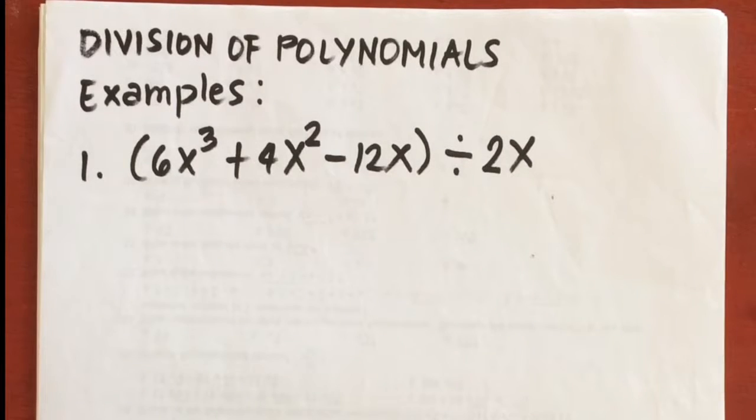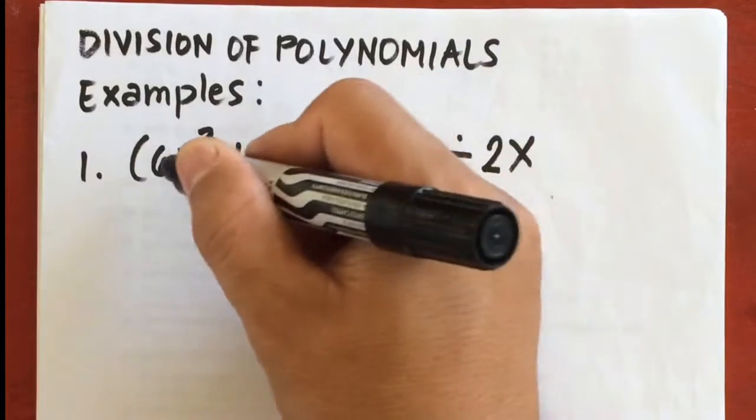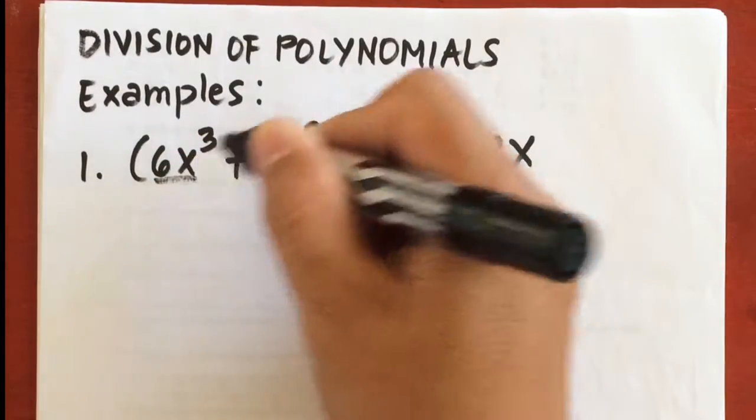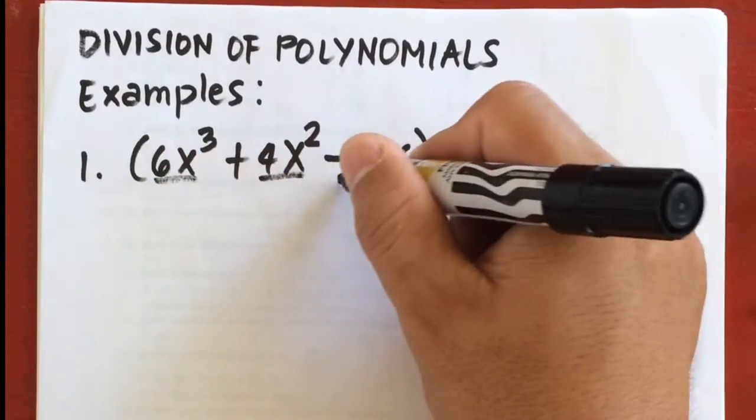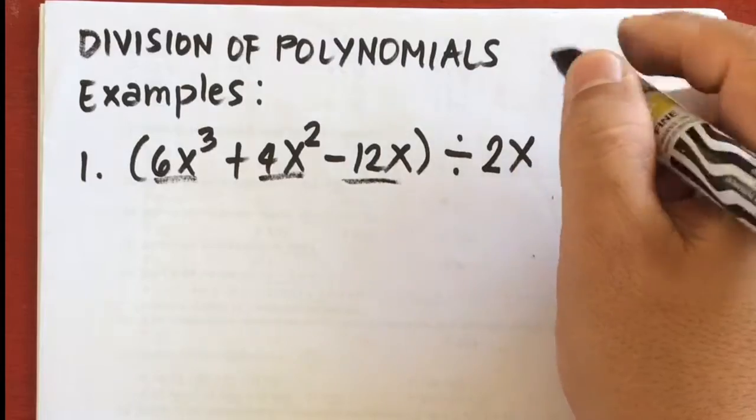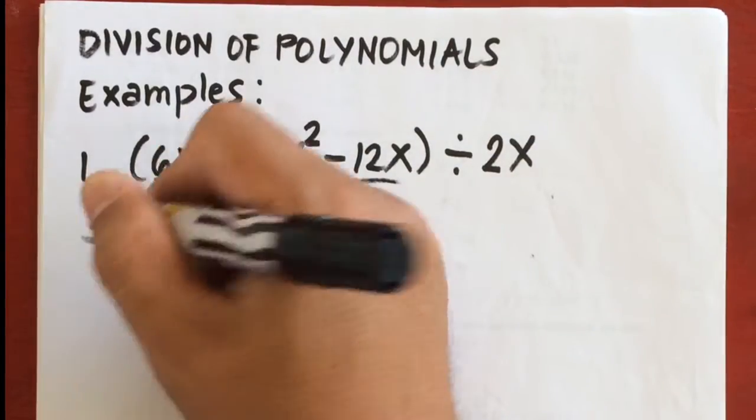Let's have some examples. Example number 1, 6x cubed plus 4x squared minus 12x divided by 2x. Now in here, we're going to divide the polynomial 6x cubed plus 4x squared minus 12x by 2x. So each of the terms here, 6x cubed, 4x squared, and negative 12x will be divided by 2x. So this is equal to